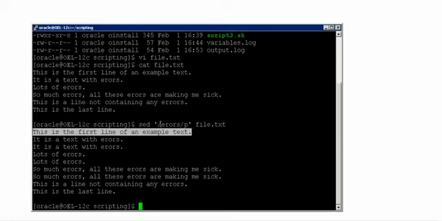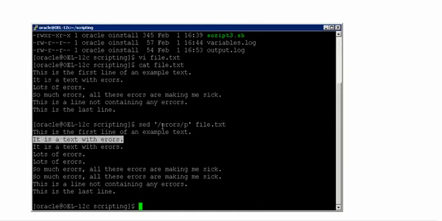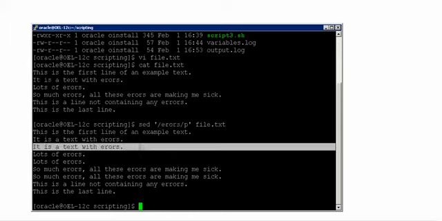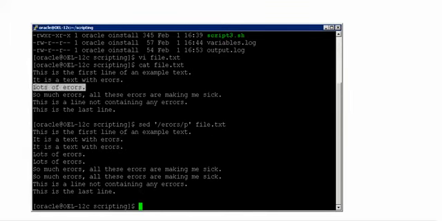But this line doesn't have the word errors, right? It went and searched the second line, and that is what it has shown you on the screen. The second line has the word errors, so that's the reason you have the output here as the third line. Again, it searched the fourth line, and even when it was reading the fourth line, you have the output. So you are getting unnecessary output as well with this command.